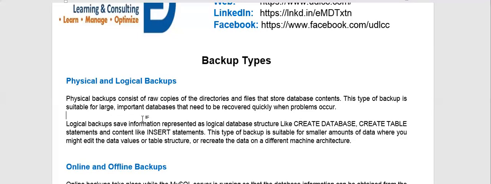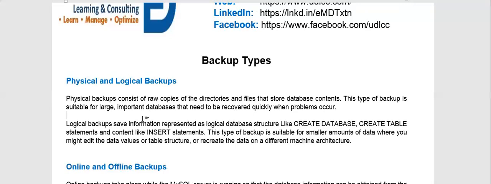So what is logical backup? A logical backup saves information presented as logical database structure. When you do a logical backup, there will be some commands, some syntaxes in your backup files, like create database, create table statements. As you can see, there is a big difference between logical and physical backup.